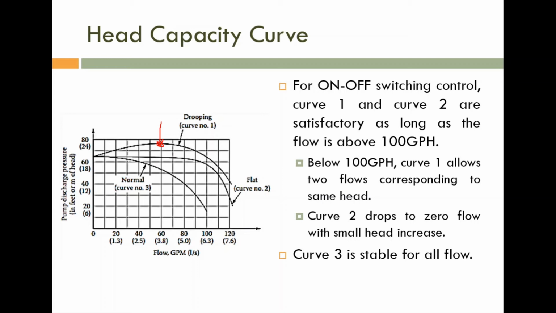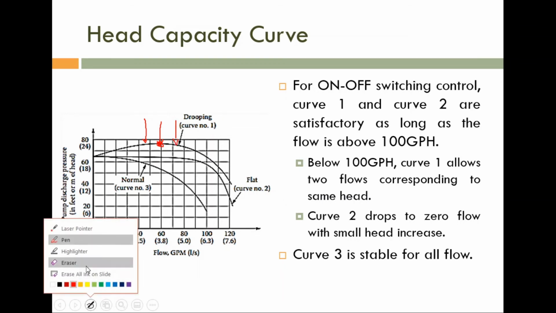With respect to the decrease of flow rate, you can see that as per the curve, we can't say whether the pressure will increase or decrease, because with respect to the decrease of flow rate, you can see that the pressure is decreased. With respect to the increase of flow rate also, you can see that the pressure is decreased. What about the pressure variation?